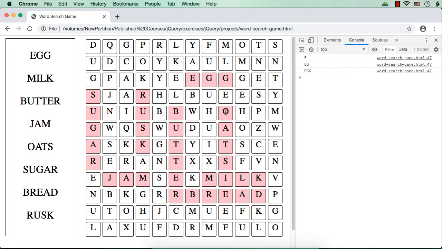Now suppose I click on O. It is also getting added here. So we cannot completely check whether the word is correctly selected or not on the click event. Instead, when the user clicks the control key or command key, on the key down and key up events, we will make the check. So on the key down event, that is when the user presses the key, we will clear this selectedWord variable, so that the div elements clicked after pressing the control or command key will be added to the selectedWord variable, right? So we can make the check correctly.